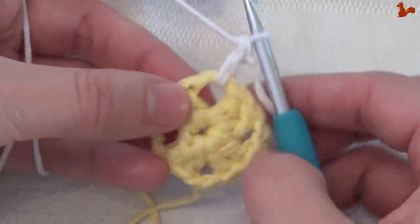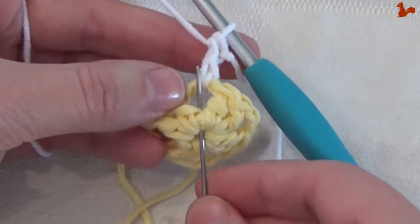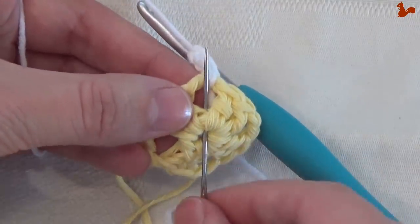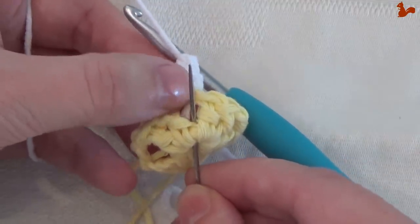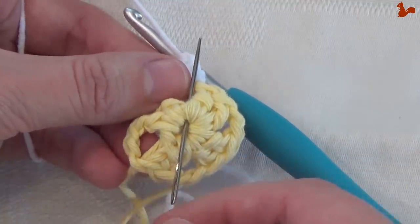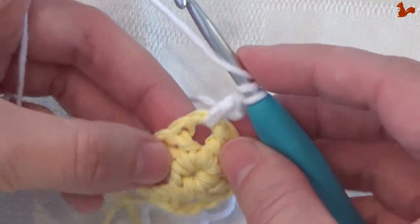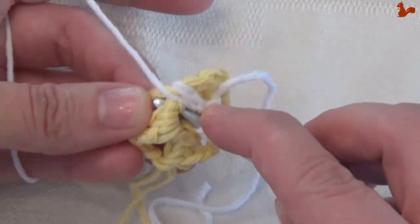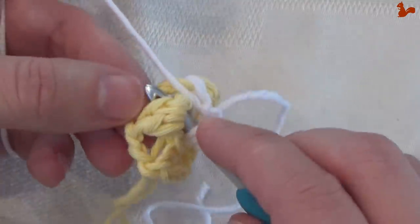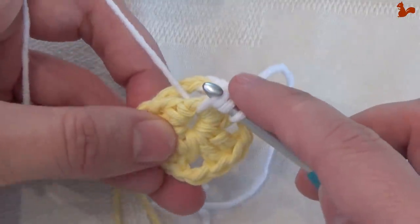We're now going to come down into the ring we worked and work a treble here. So in this ring, from round 1, we're going to work treble, and while we do so we're going to make sure that chain 2 from the corner is to the back. So through there, going to work a treble. Twice over, and then in there you're just going to have to kind of fold your work, make sure that chain 2 loop is to the back. Grab the yarn, as you see I'm in the ring there, and then work